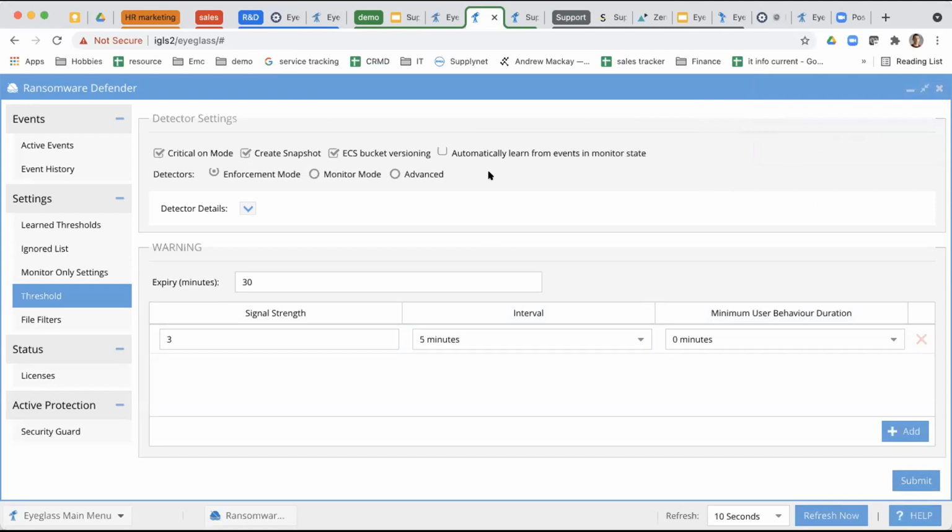Sorry, we have a question from Michael here. So can enforcement mode be enabled during learning mode so that it would create a lockout while still in learning mode, or are they independent, exclusive? Yeah, so we do have a hybrid mode, and